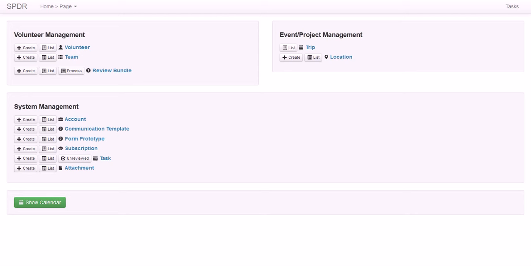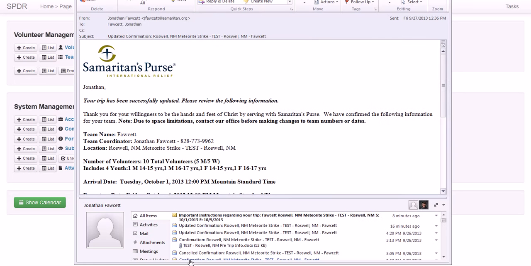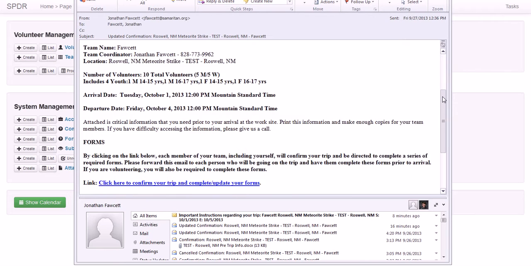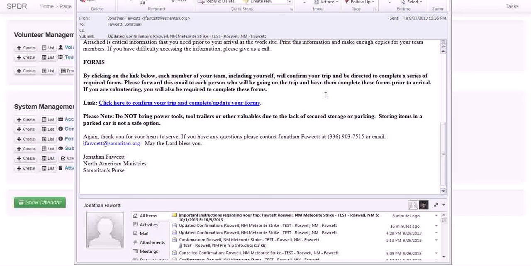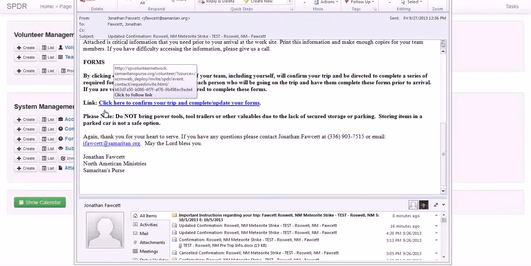To better understand this process, I want to walk you through what a volunteer walks through first. So let's take a look at the email that was sent to our volunteer. You will see that our volunteer has a link, and the link says click here to confirm your trip and complete or update your forms. So the volunteer will click that link,